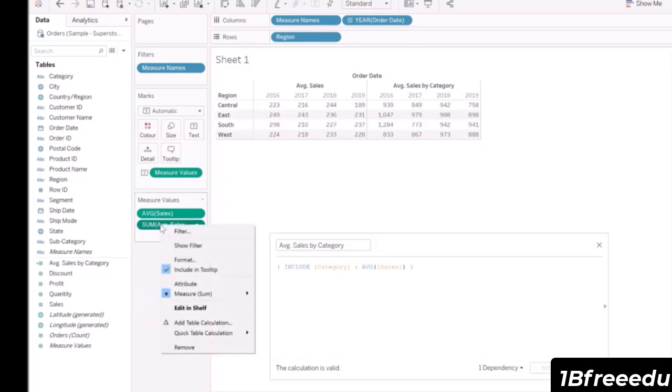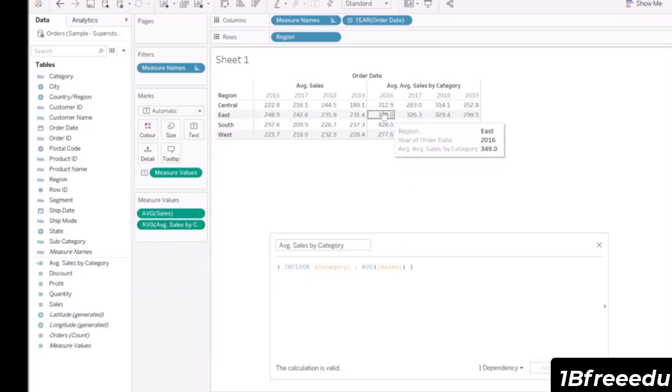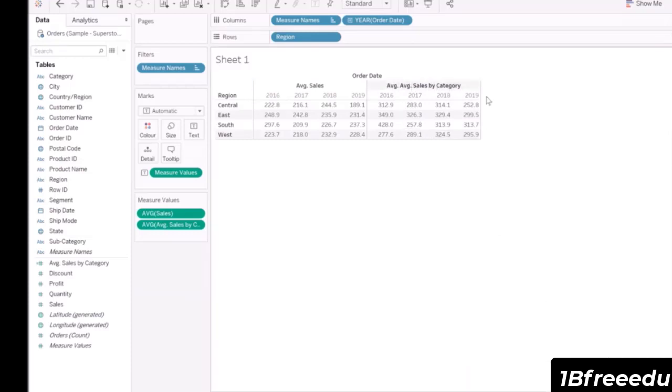Let me just make sure we average the LOD that we created. As you can see, the numbers are slightly different now. The reason being is that your average cell is not taking into account the category. It's just doing an average of everything within your database. What our level of detail expression is doing is that we are taking the average of each category and then doing the average afterwards. So as you can see, an average of an average,